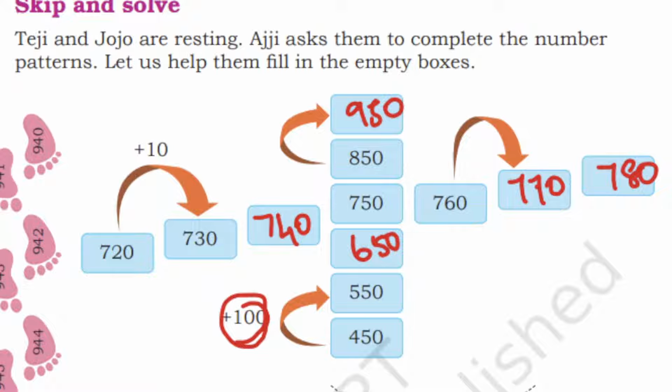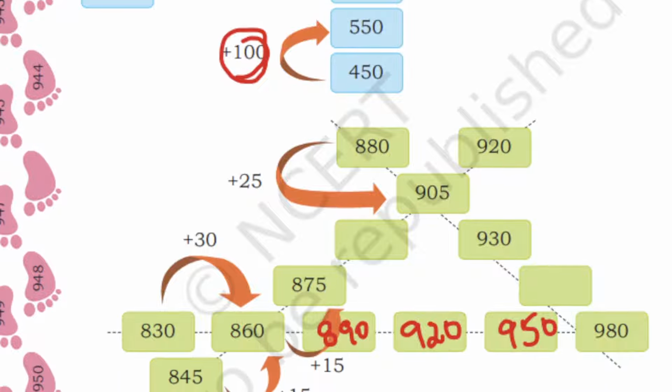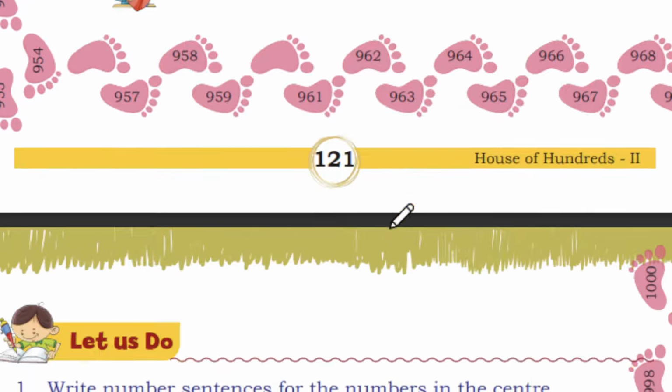So likewise you have to find the answer. Here we have 25 skips. So I'm leaving these two boxes to find out the answer. You have to find out the answer for these two boxes. This is going to be very, very simple, students, okay? The clues are already given, 25 plus, 30 plus, 15 plus, okay? So we'll see the next one.